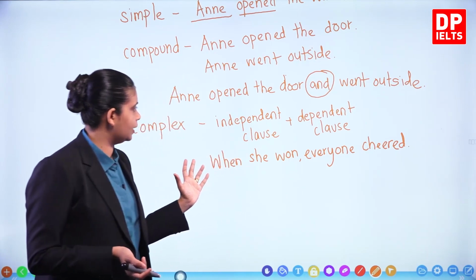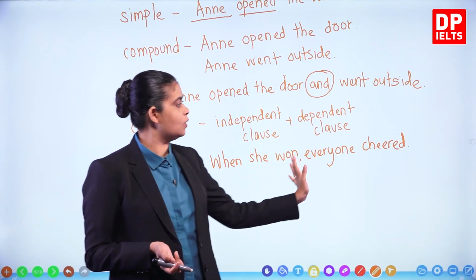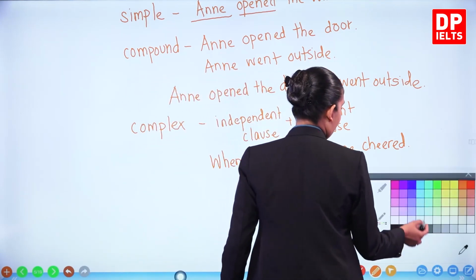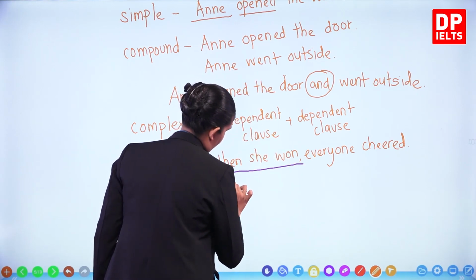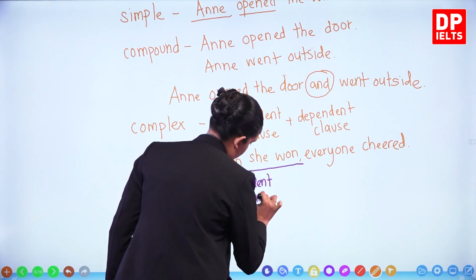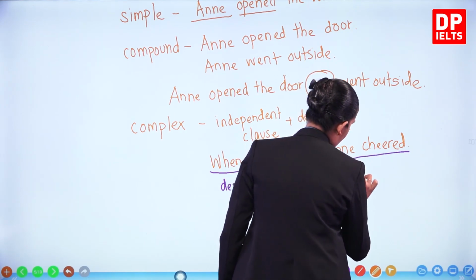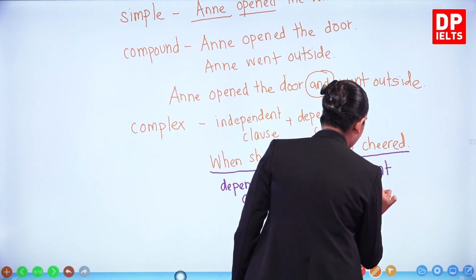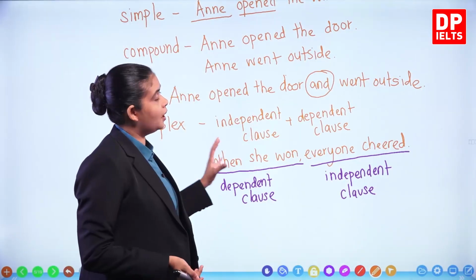So here, right, when she won is a dependent clause. Without the independent clause, this alone does not make any sense. When she won is a dependent clause, whereas everyone cheered is the independent clause. Now this is a bit of grammar that I did, but I want you to understand when I say range, what does it mean? Now apart from this,